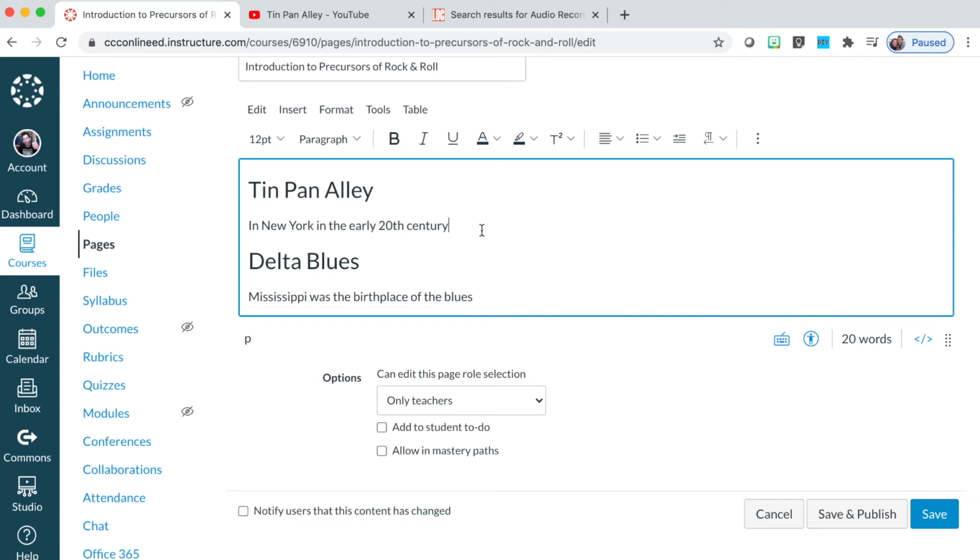Now, just a quick note on accessibility. Headings provide marking points for someone who is using a screen reader.